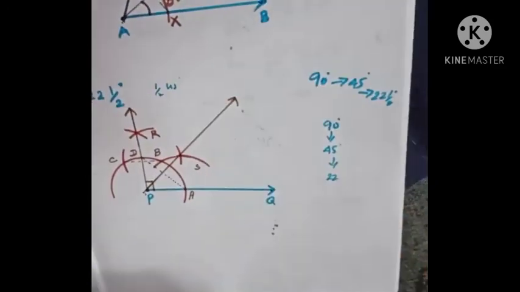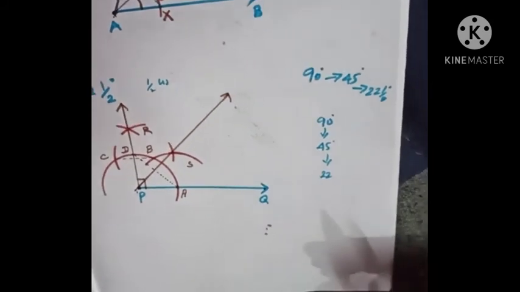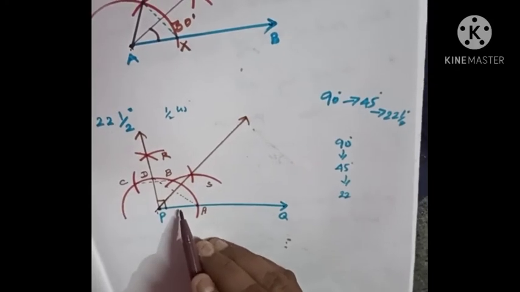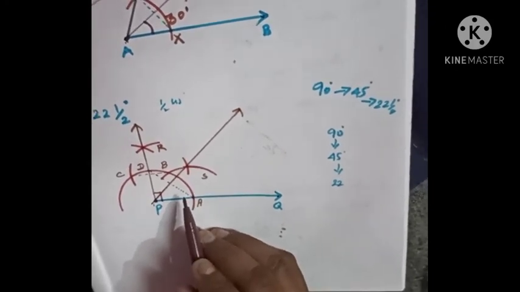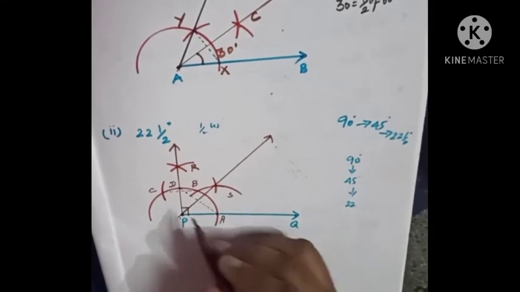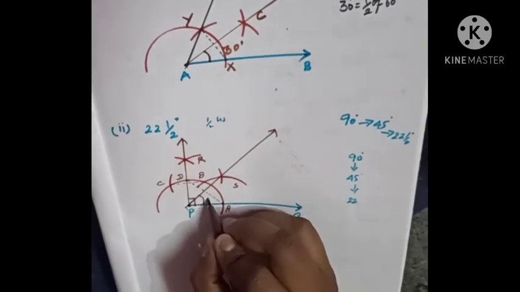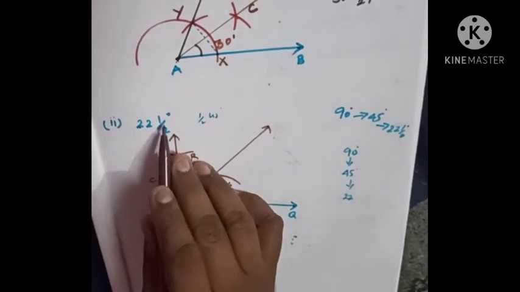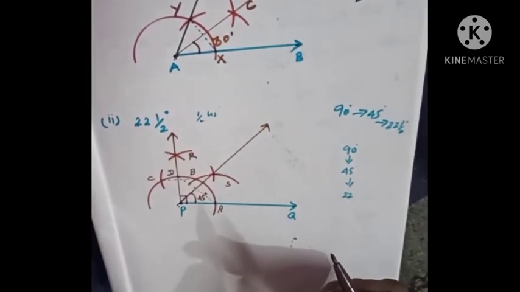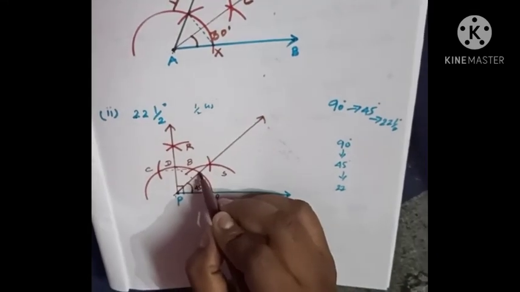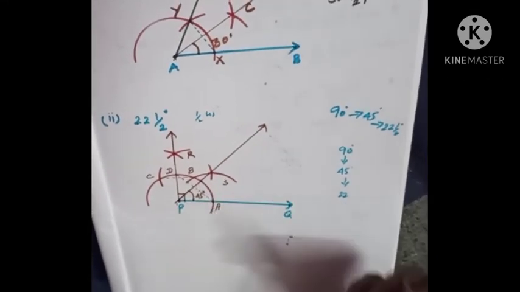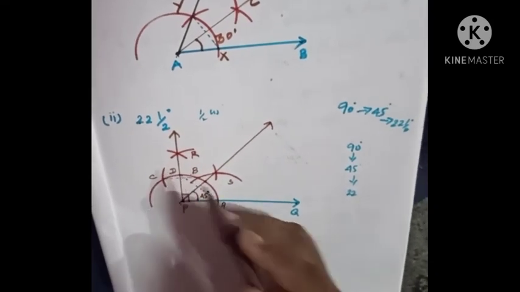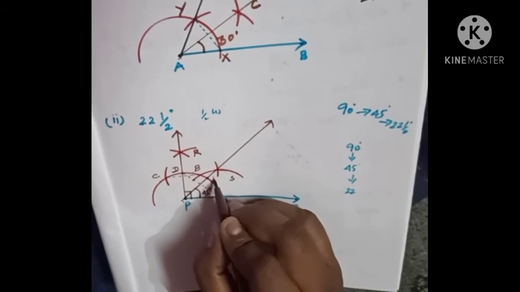PS. Now if you use the protractor, you can find the value of QPS. It is 45 degree. Now this is angle 45 degree, but we need the resulting angle to be 22.5 degree. So what do we need to focus on? We need to focus on this intersecting point. I already took the intersecting points A, B, C, D, and this one as E.